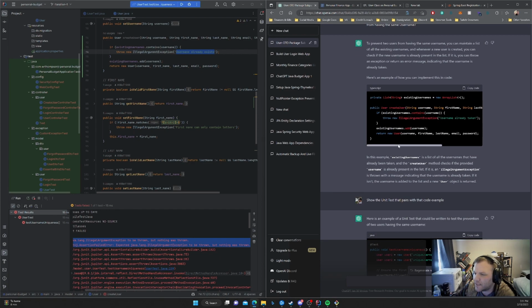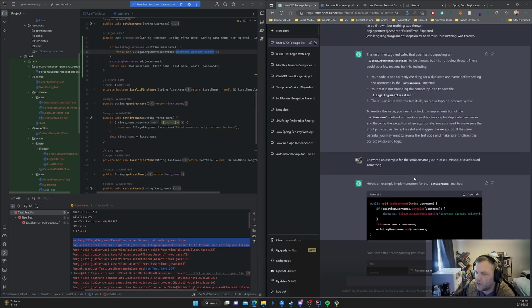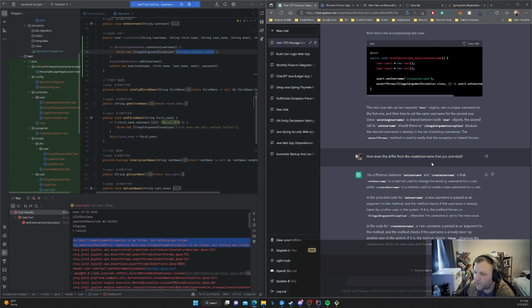It seems like it's similar. I guess this is for creating, and this one's for setting a new one, which is fine too, because we want to make sure there's no duplicate. If I have a username as just RayJ25, then even if I'm preventing someone from creating that same one, I don't want them to be able to create one and then go in and reset it to